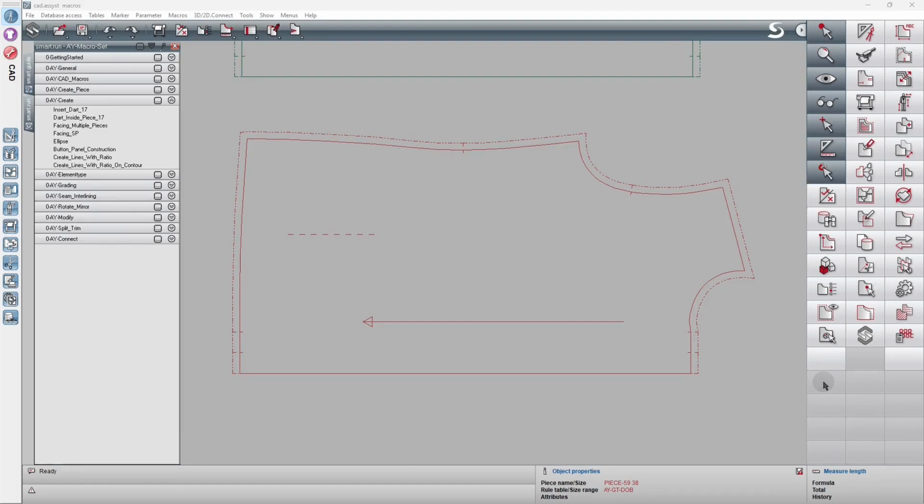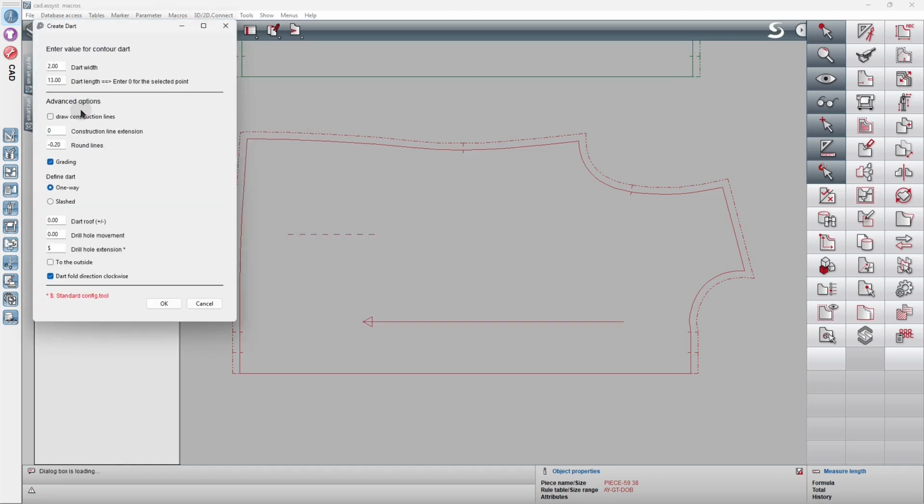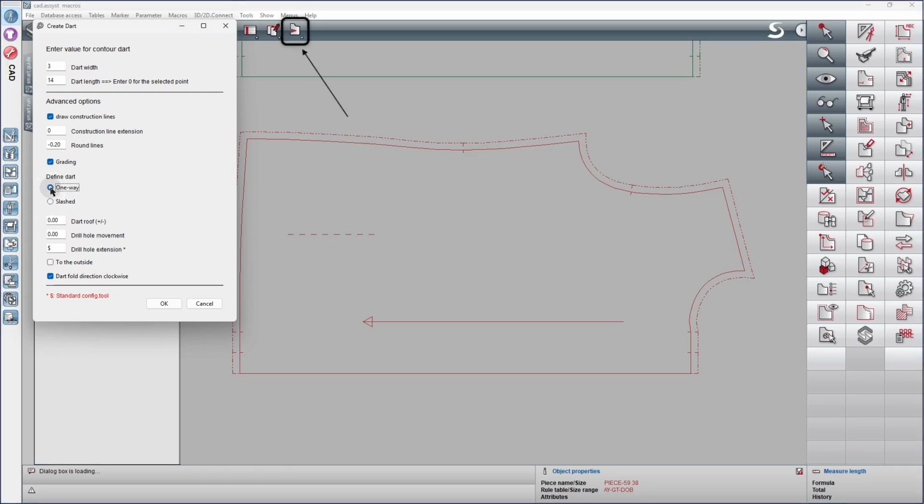This macro can be used to create a contour dart in your pattern piece. Start the macro. Within this window, you can set different parameters like the width and length of your dart. For the construction, there are multiple options to alter the shape of your lines as well as the extension. Additionally, you can decide how the dart will be defined, changing parameters that can also be found within the dart